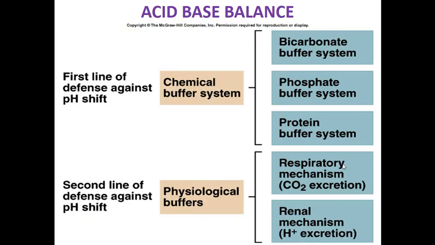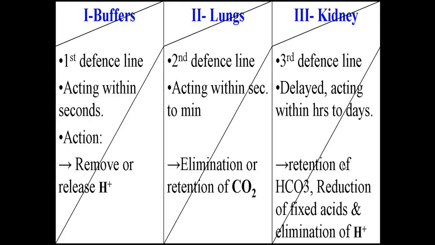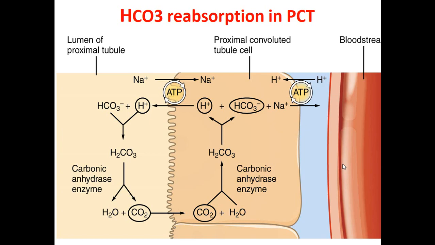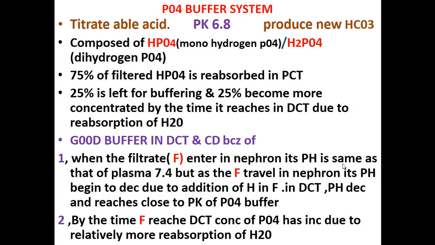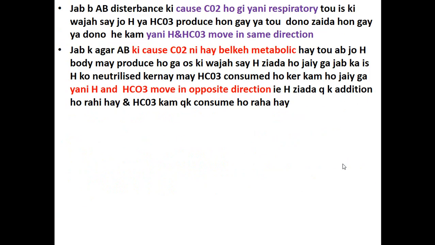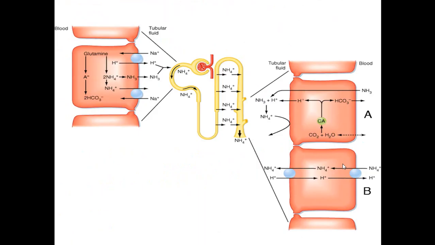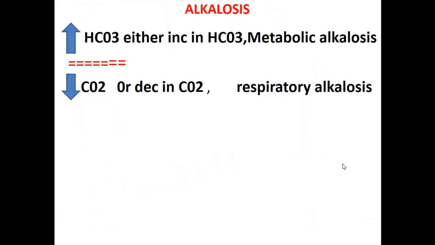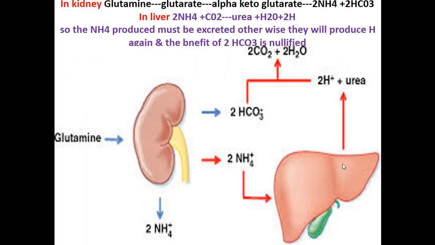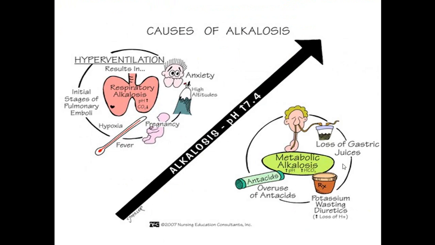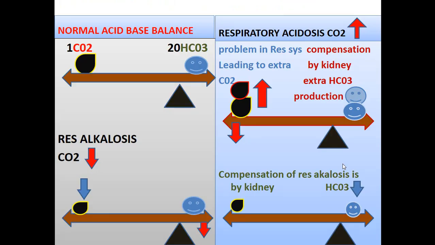Now we are moving onward. What is meant by acidosis, what is meant by alkalosis, and how the body is going to compensate for the acidosis and the alkalosis. First we will see the general things, then we will go into the details. Acidosis basically means excess of the acid in the body. Whenever there is more acid in the body, it is known as the acidosis. Whenever there is more base in the body, it is known as the alkalosis.